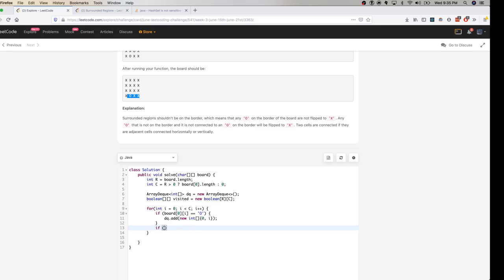So if board of r minus 1 comma i is equal to O, then I'm gonna add new int of r minus 1 comma i. I am doing r minus 1 instead of r because the index starts with 0 in our arrays, so this should be r minus 1.